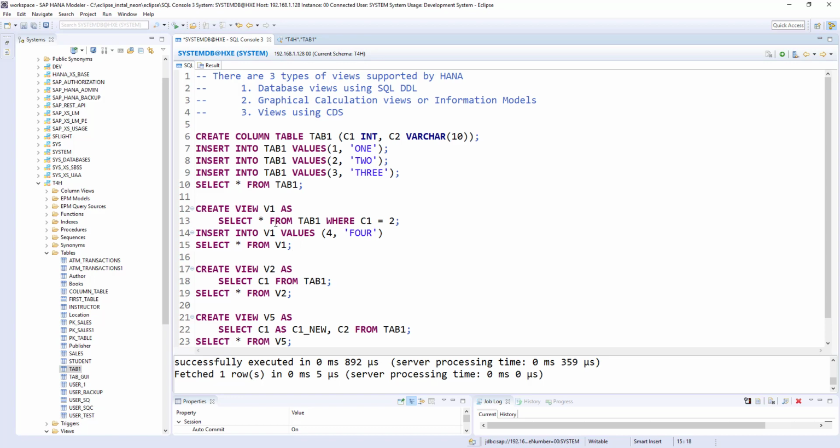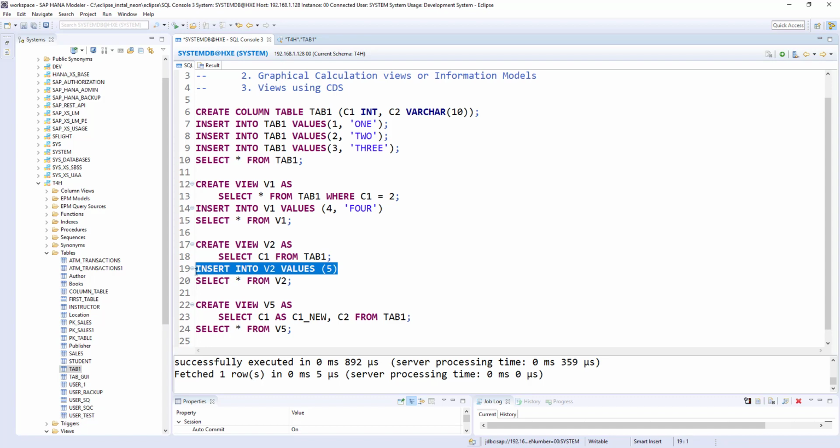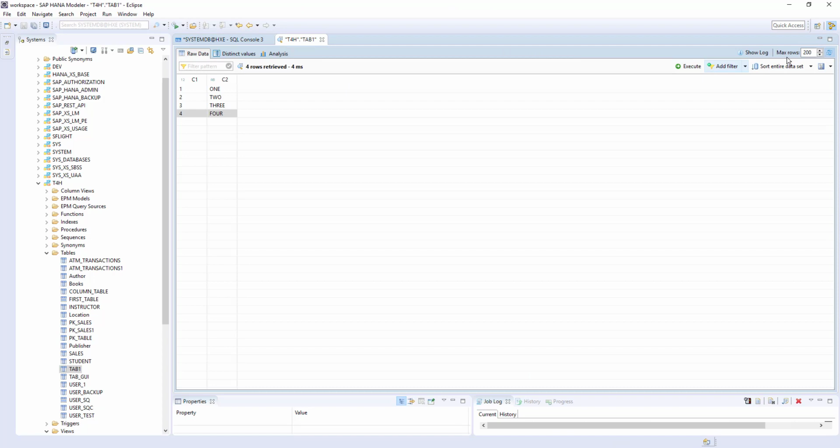So here the star, right? So let's see another case. Here we choose only one field. Insert into v2 values 5. Okay, so if we refresh this table again, 5 with null value.